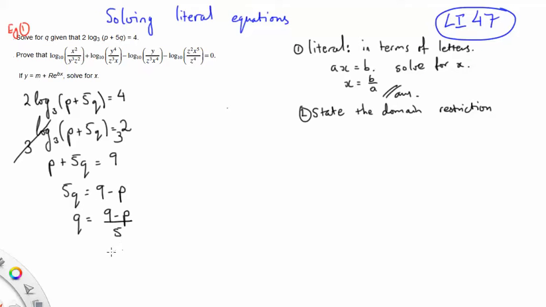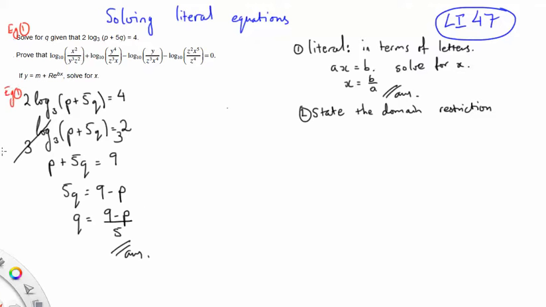Okay, so we've made our solution as a literal equation, but I said state the domain restriction. So what do I mean by that? Well, I mean here, if there was a certain value q couldn't take, then we'd have to be very conscious of that. But this looks fine to me. It looks like there's no divide by zeros, there's no square roots, there's nothing like that. So that looks okay. We don't have to worry about a domain restriction there. So that's our final answer